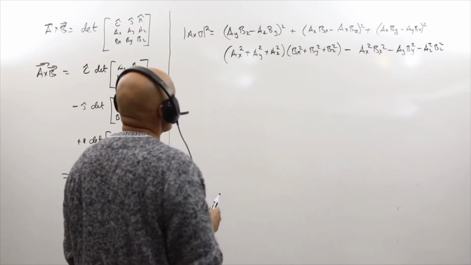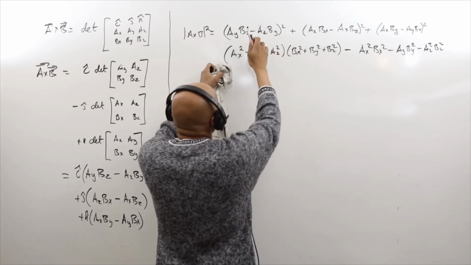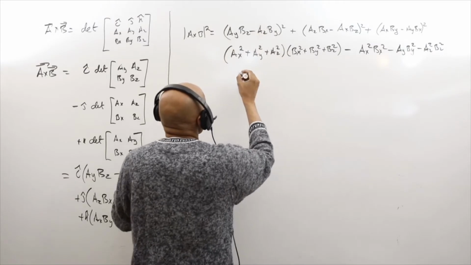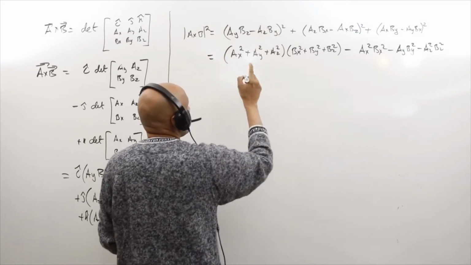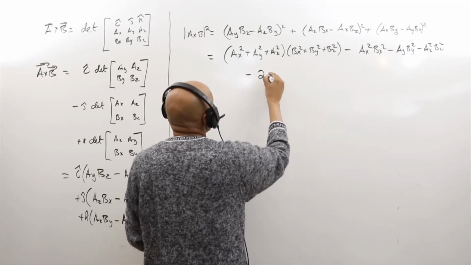So these are all the square elements, but there are the inner cross terms, like this times this minus 2, so I'm going to have to put those in. So this is equal to these 9 elements, minus 2